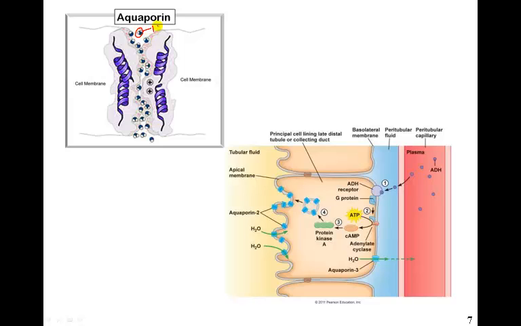So this is water. And this is the protein in the membrane. There's water passing through back and forth. These proteins are called aquaporins. Okay? With the exception of a couple of types of cells in the kidney, all cells in the body have aquaporins